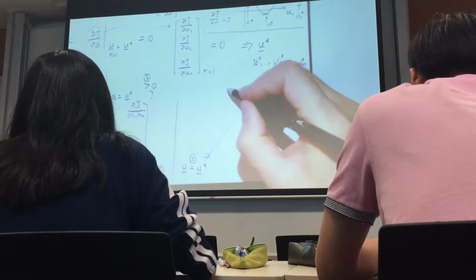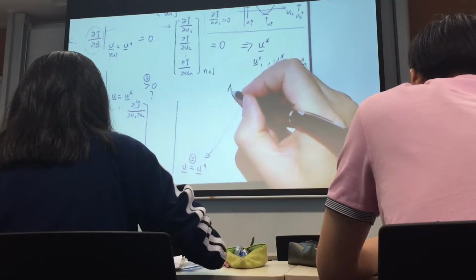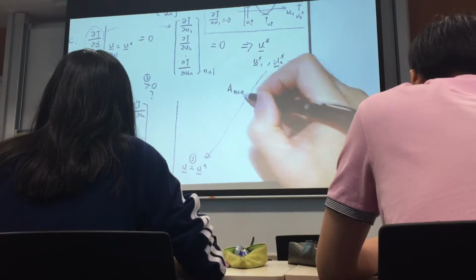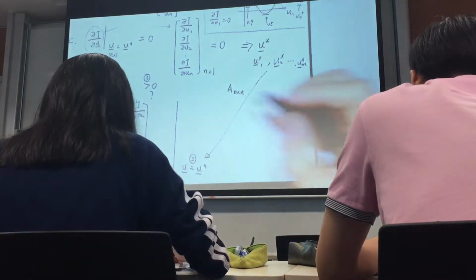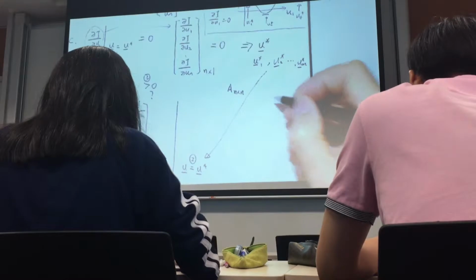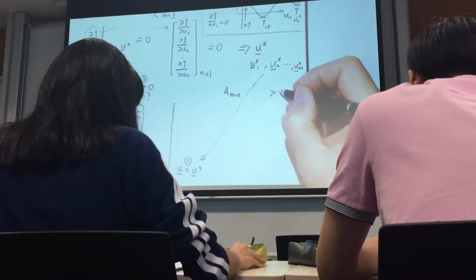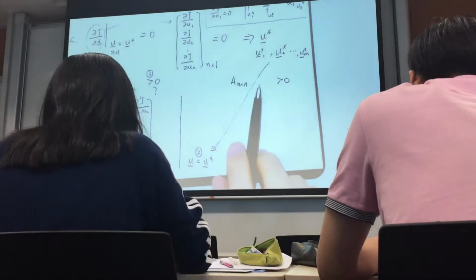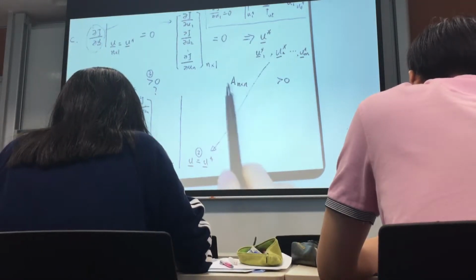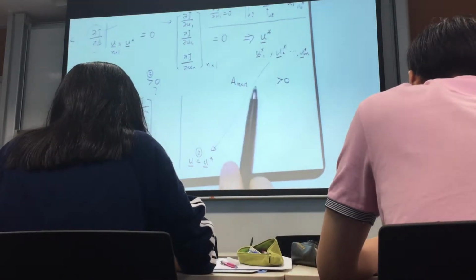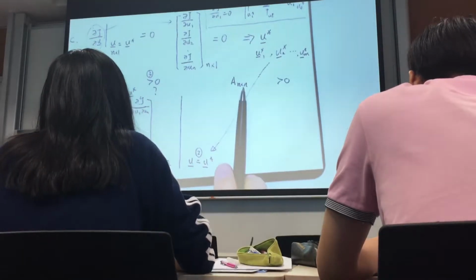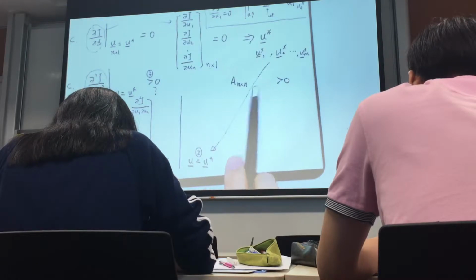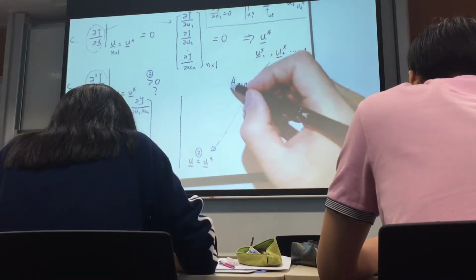So for a matrix, for example, we have a matrix A, which is an n by n matrix. How do we define this matrix to be greater than 0? The definition is given in linear algebra. I think maybe you still remember that. The definition is, for any